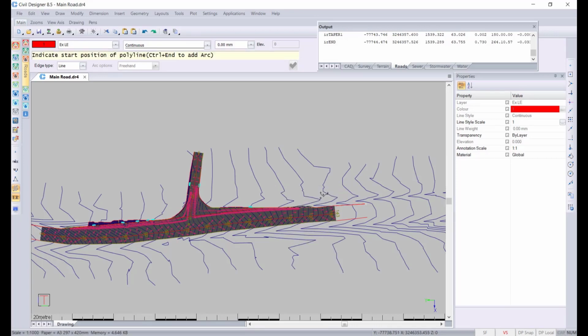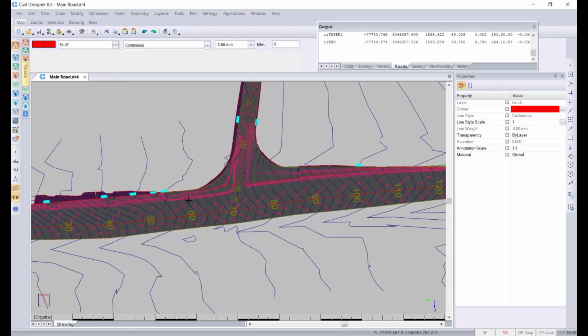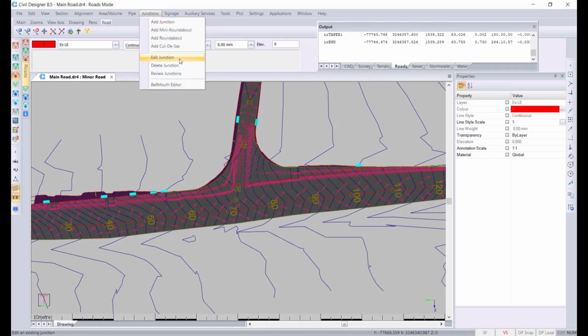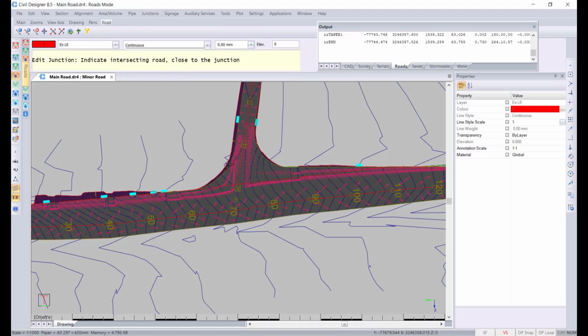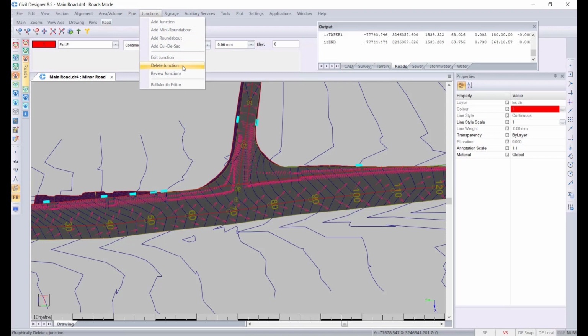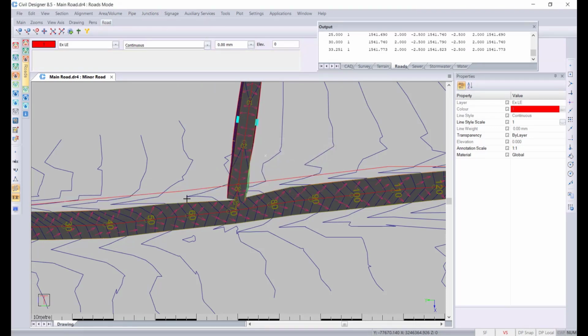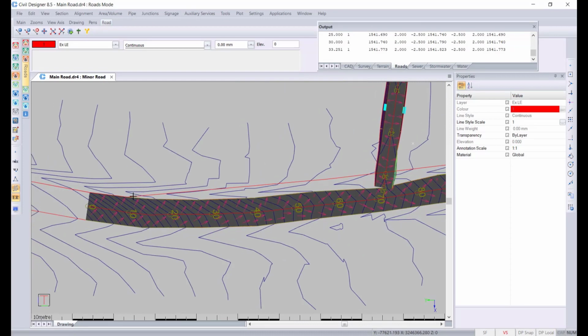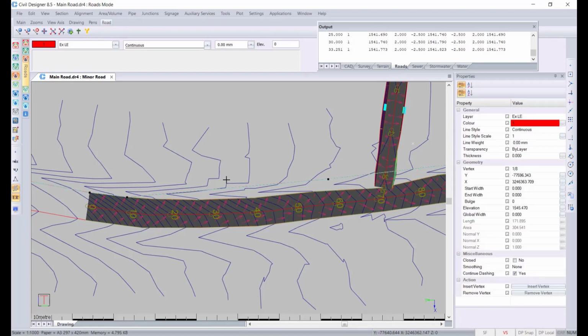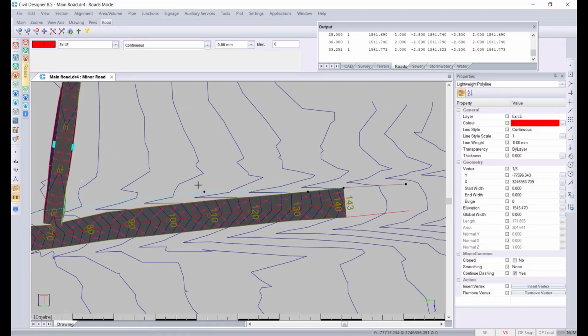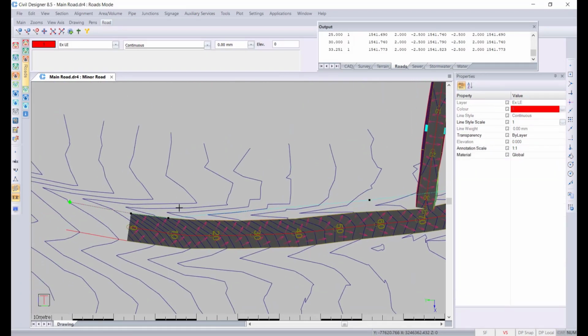I don't choose close, I'll choose finish. Now I've got that edge there, and we can actually go back in roads mode, go to junctions, edit junctions, or actually just go through, sorry, I didn't choose one, junction, delete junction, select it, say yes. And I can now go to, I've got this new edge that I want to use,